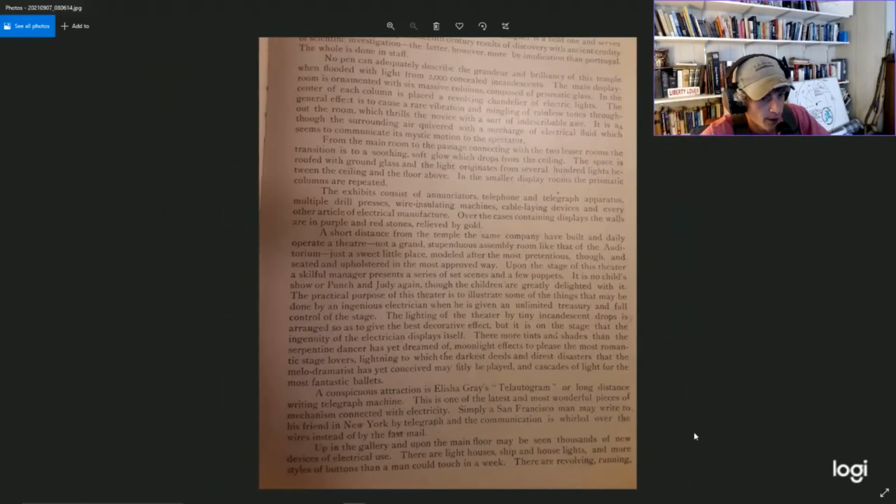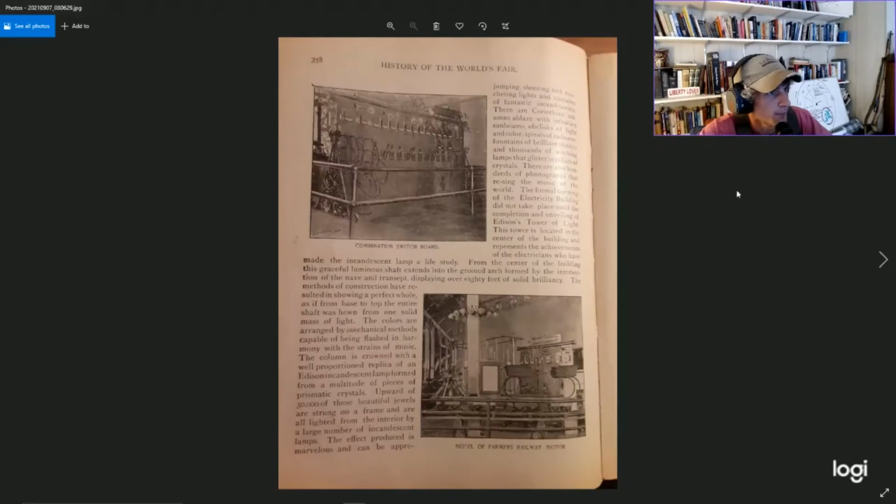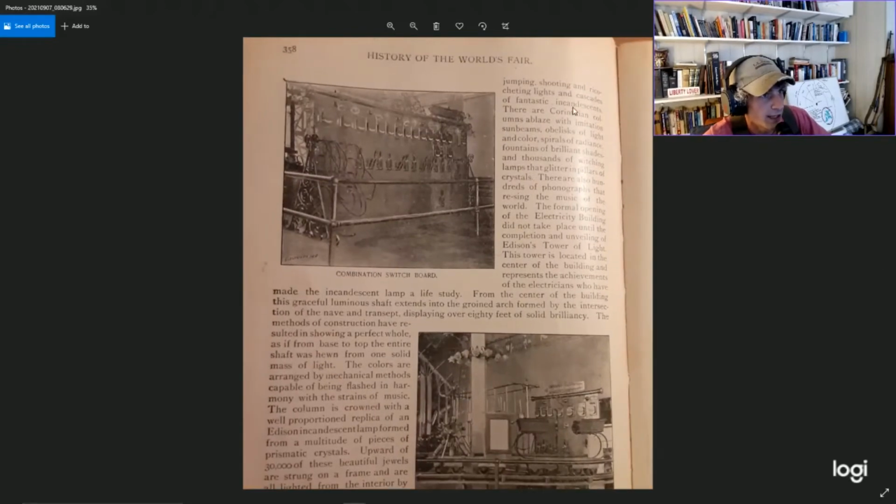There are revolving, running, jumping, shooting, and ricocheting lights in cascades of fantastic incandescence. There are Corinthian columns ablaze with imitation sunbeams, obelisks of light and color, spirals of radiance, fountains of brilliant shades, and thousands of witching lamps that glitter in pillars of crystals. There are also hundreds of phonographs that re-sing the music of the world. The formal opening of the electricity building did not take place until the completion and unveiling of Edison's Tower of